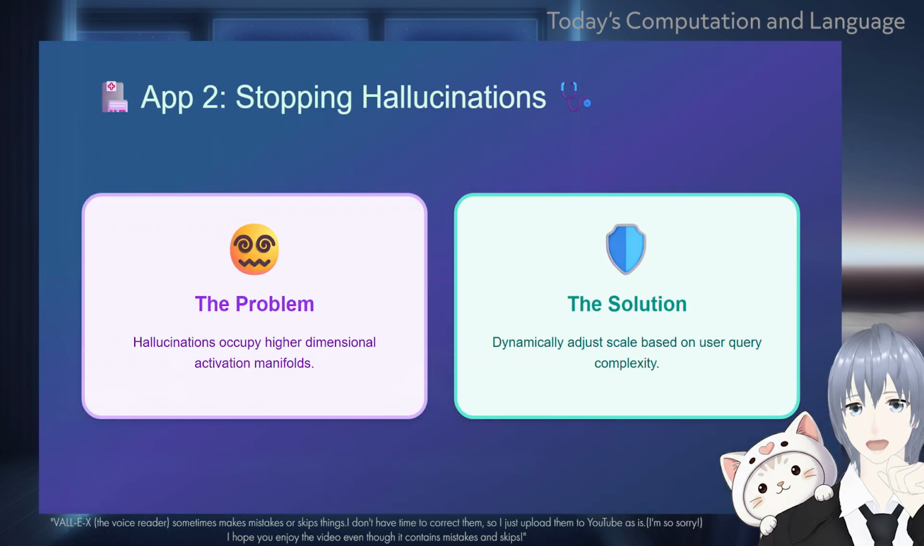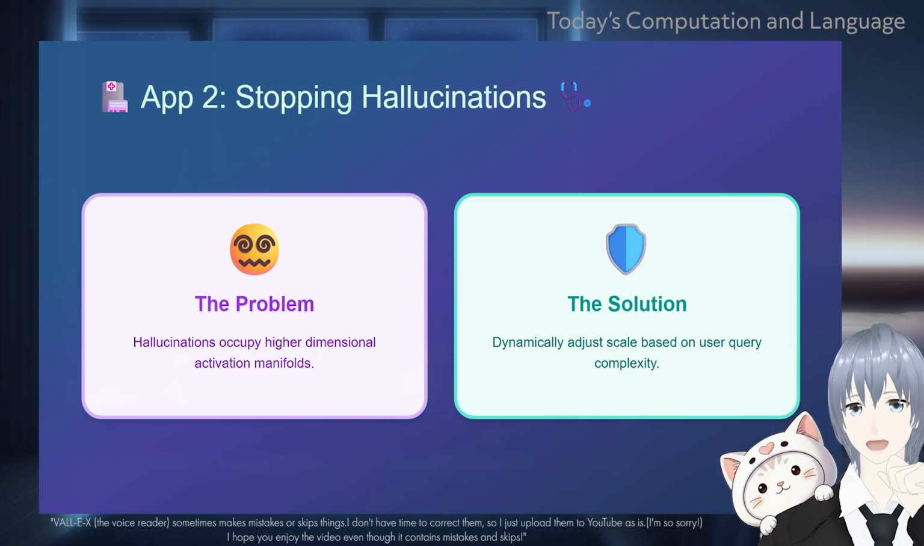The second specific application example involves improving the truthfulness of AI assistants in detecting hallucinations. We all know how frustrating it is when your chatbot just makes up a completely fake answer. Researchers have found that hallucinated model outputs often occupy higher dimensional activation manifolds than correct answers. But as this paper shows, measuring that dimensionality is extremely tricky if the dataset is not controlled for unique word